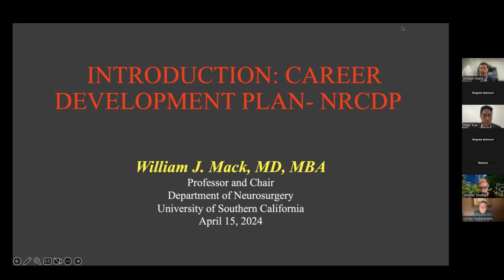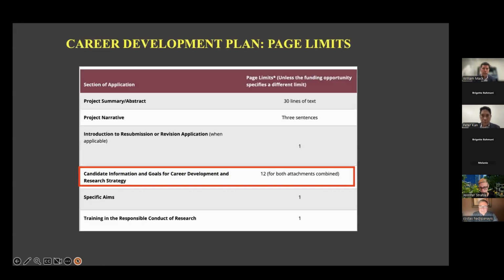Each of the panelists here has a fair amount of experience, or a vast experience, both mentoring K awardees, writing their own K award career development plan, and helping others, and also evaluating these plans on various study sections. So let me proceed.